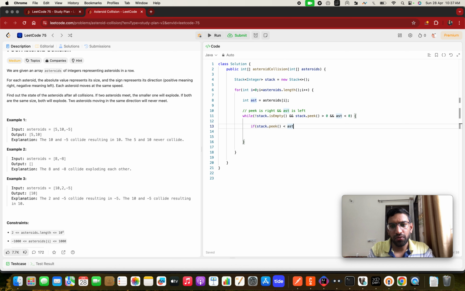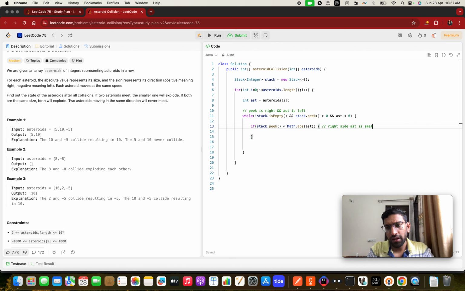We also need to make our asteroid positive, so Math.abs. So if our last asteroid is less than the current asteroid, or you can say right side asteroid